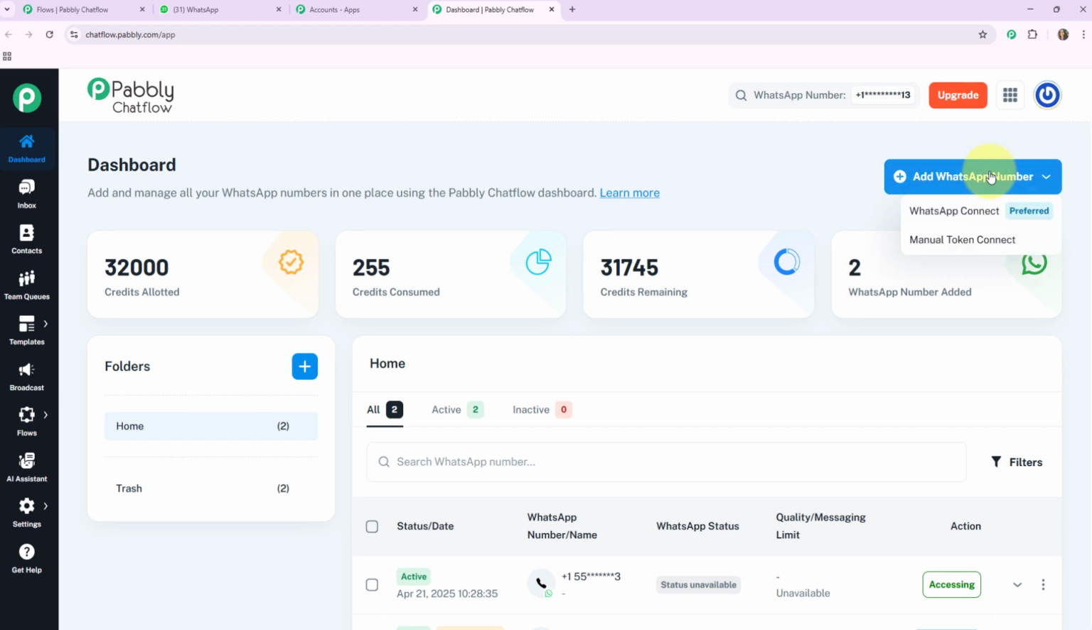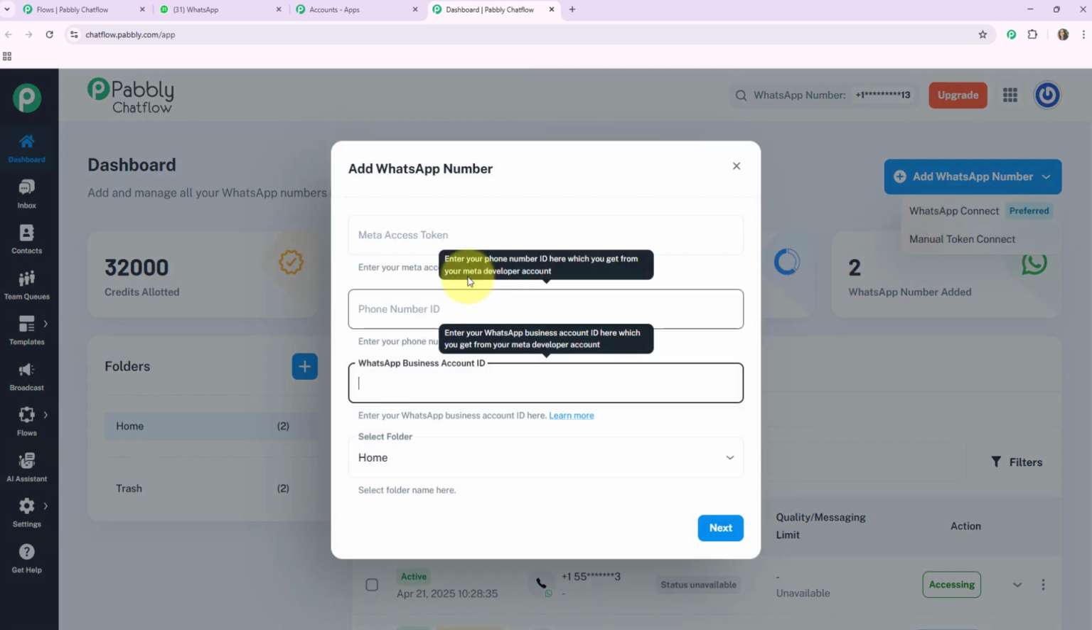If you click on this button, it will provide you 2 options. One is WhatsApp Connect and the other is Manual Token Connect. WhatsApp Connect might involve scanning a QR code or entering the phone number and verification code. The second one is the Manual Token Connect. When you click on this, it will ask you for the Meta access token that you can generate from your Facebook